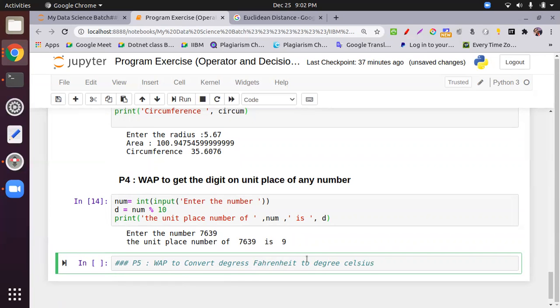Okay, so there is a relationship between degree Fahrenheit and degree Celsius. What is that relationship? I'm just fetching the formula once again. So based on the formula,